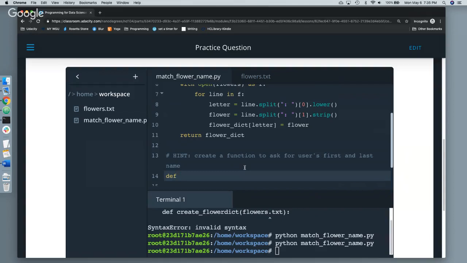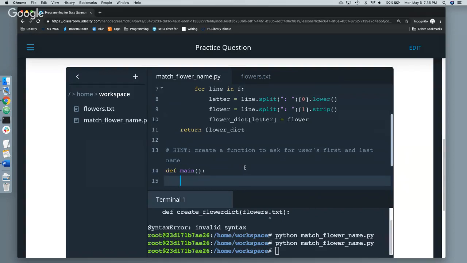All right, let's define main. Since this is the thing that we actually want to have happen, you can call it main. You could also call it assign letter, assign flower, whatever makes sense to you. Don't forget that colon, super, super important. Okay, first thing we want to do,